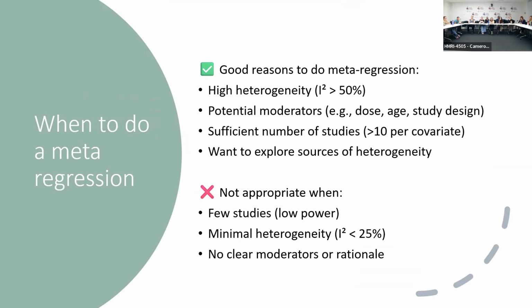So if you've only got 3 studies in your meta-analysis, you can't do meta-regression. And when you want to explore sources of heterogeneity, like, I don't know, maybe it's this, who knows? When it's not appropriate, you haven't got enough studies. If you haven't got enough heterogeneity, then there's not really a whole lot of point of doing meta-regression. And when there's no real clear point to doing it, so any kind of statistics, they really do advise against fishing expeditions. You need to have a clear purpose, linking back to your beautiful research question.